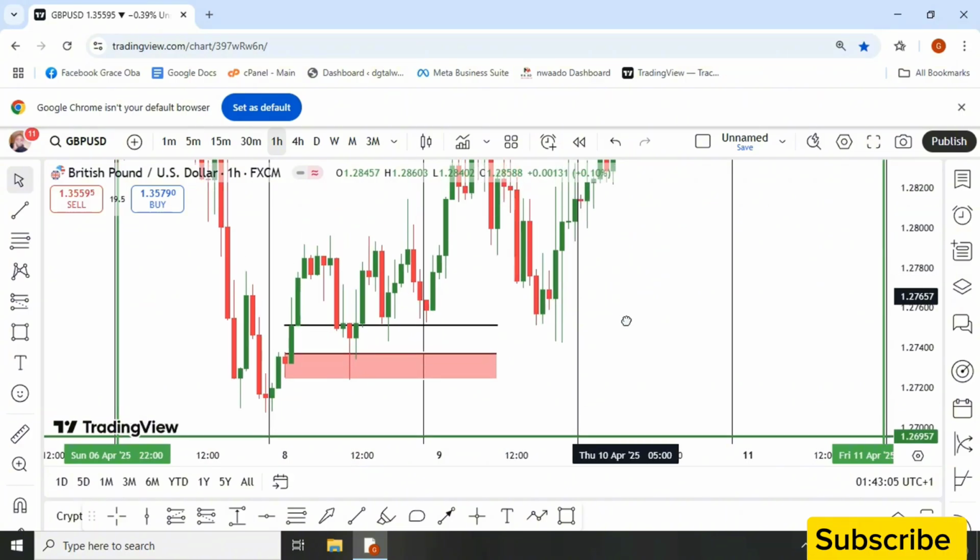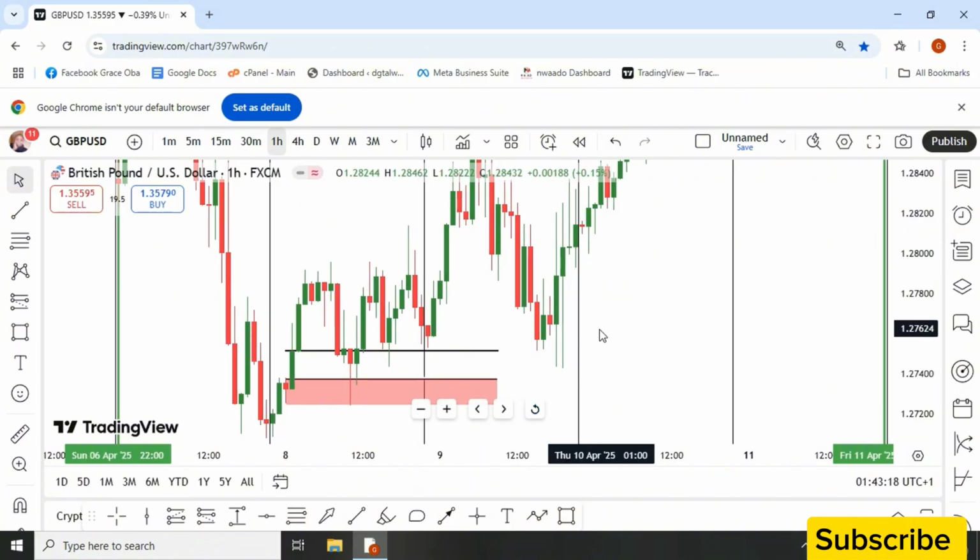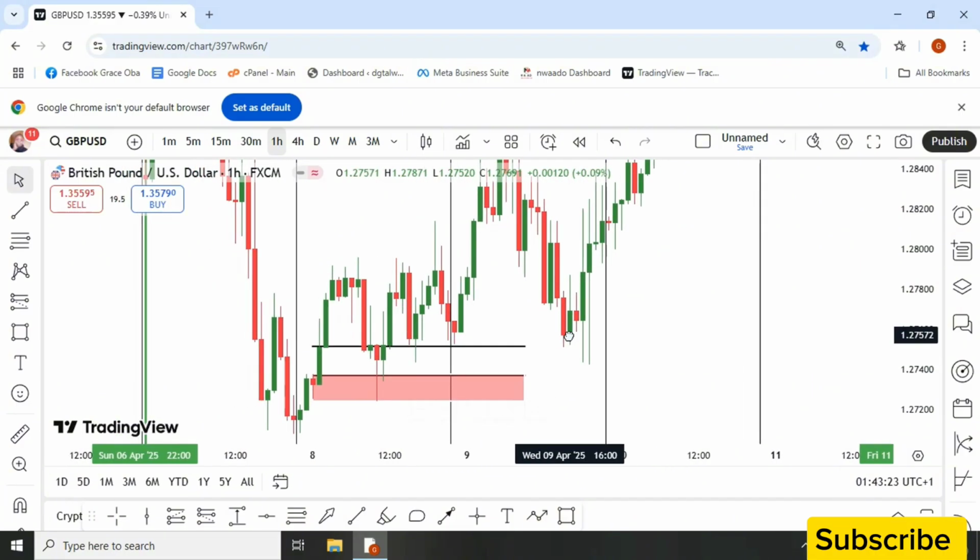We want to go down to maybe 15-minute time frame or the 5-minute time frame, or let's stick to the same time frame that we used in the bearish movement, right? So let's continue with the 15-minute time frame and see how price will react, giving us opportunity for entries,